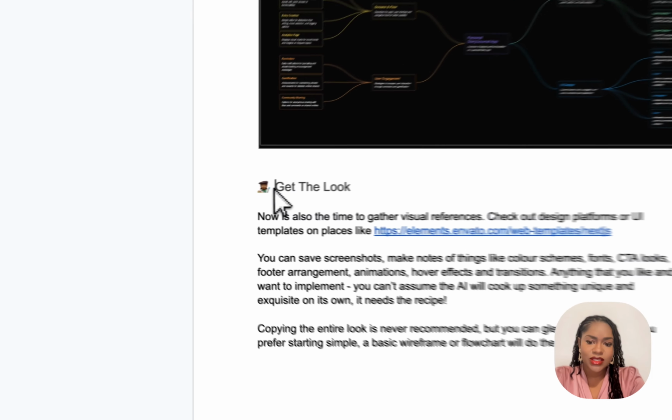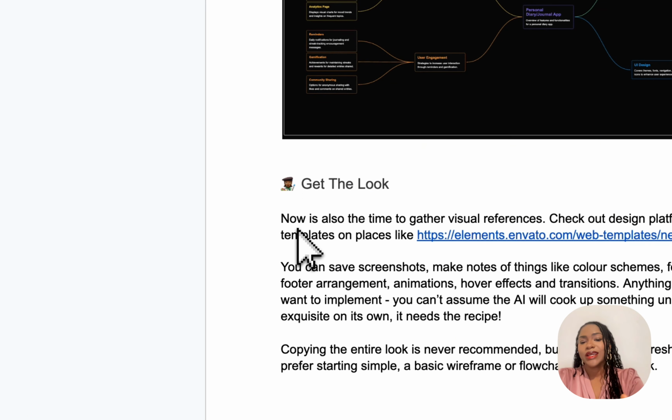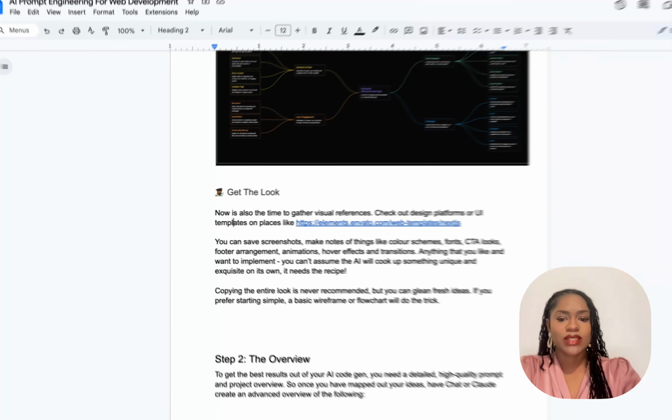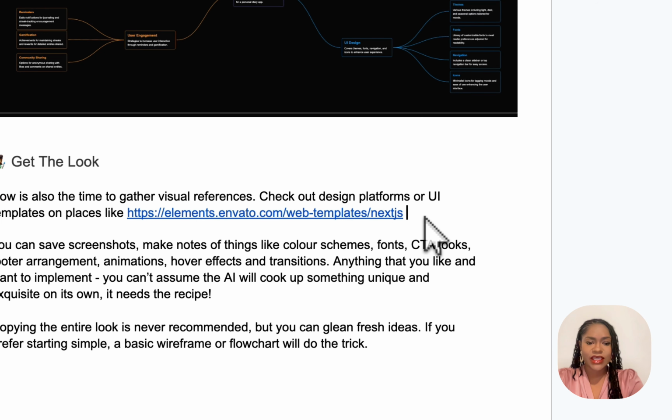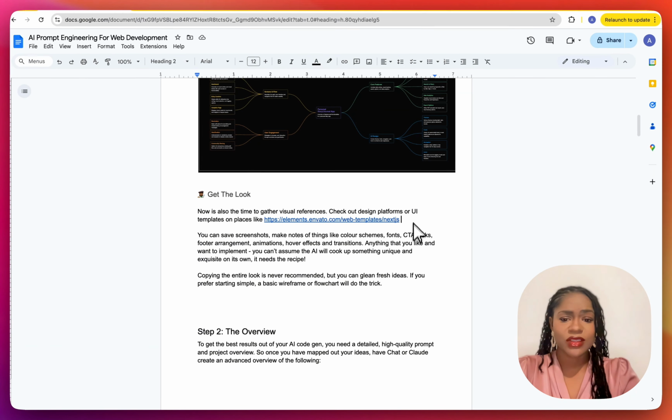And another thing is to get the look. So again, you don't have to do every single step. I think things like the flow of the app and the mind map, your target audience, all of those things I think are very important. Things like the look, if you don't have an idea of how you want it to look and you're absolutely fine with the AI creating its own visual of the tool, you are going to start to notice, something I've